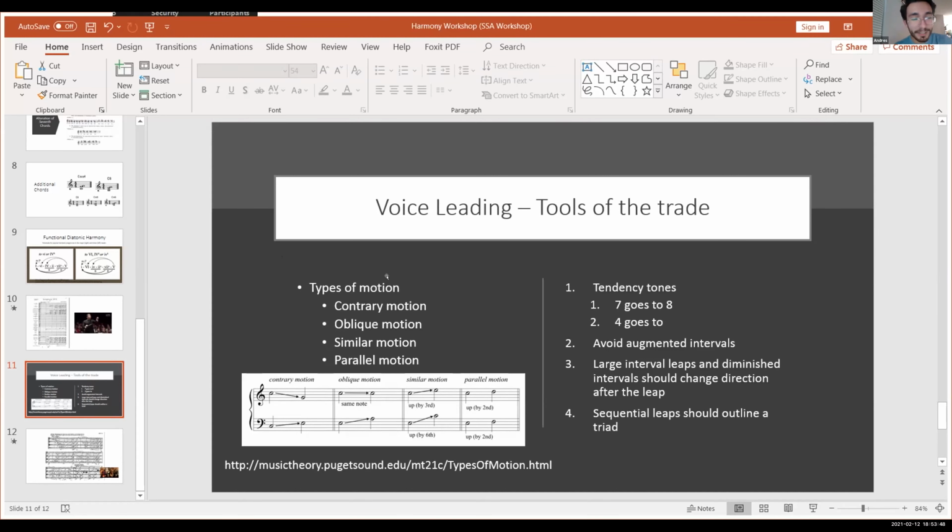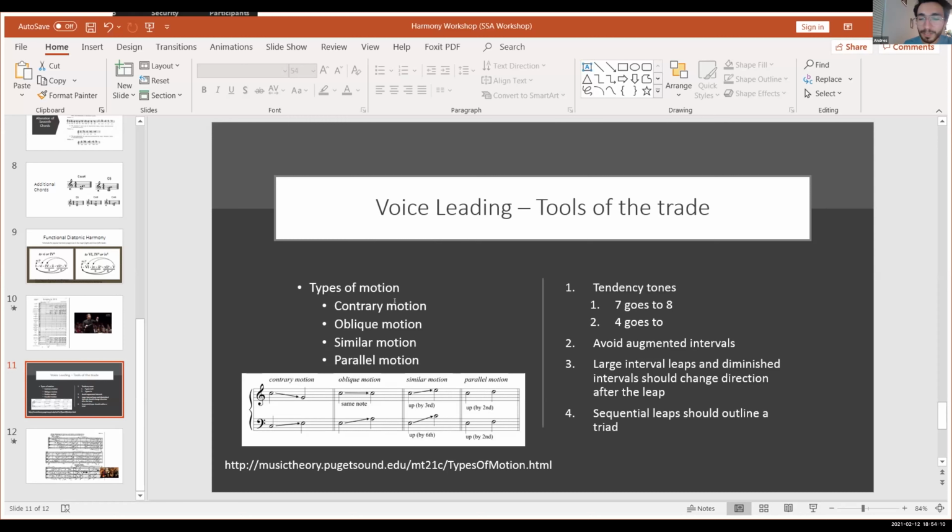So there are rules to voice leading, and there's a lot more to this. There's more rules than what I have here on this slide. So if you want to read more about voice leading,